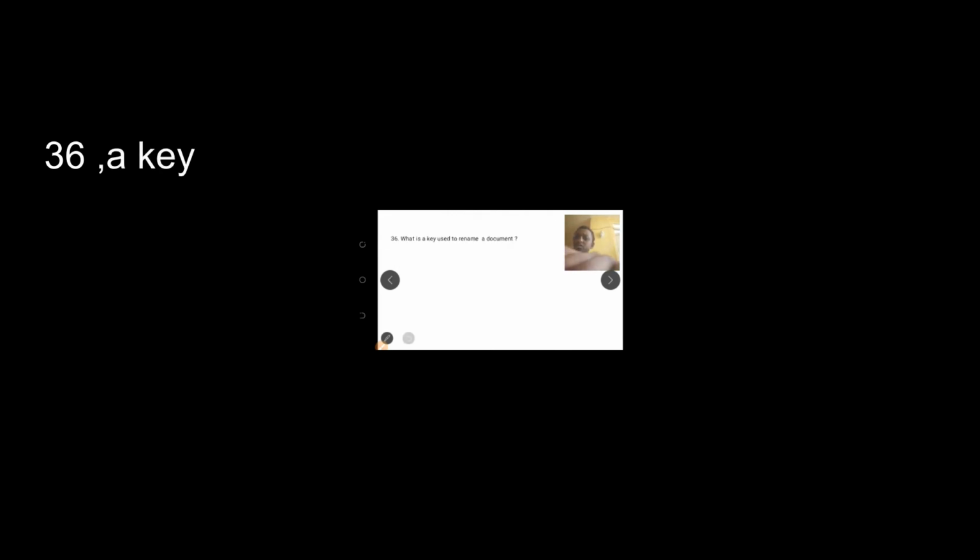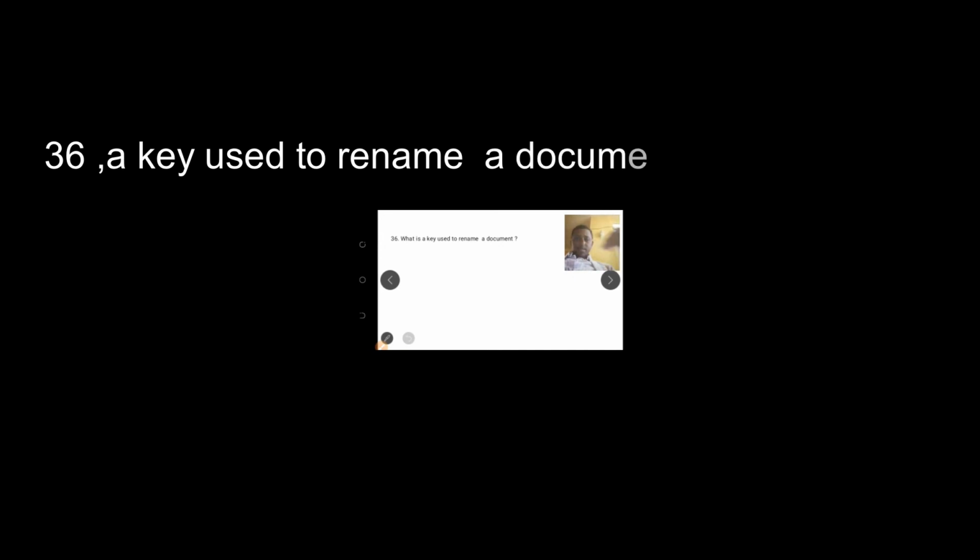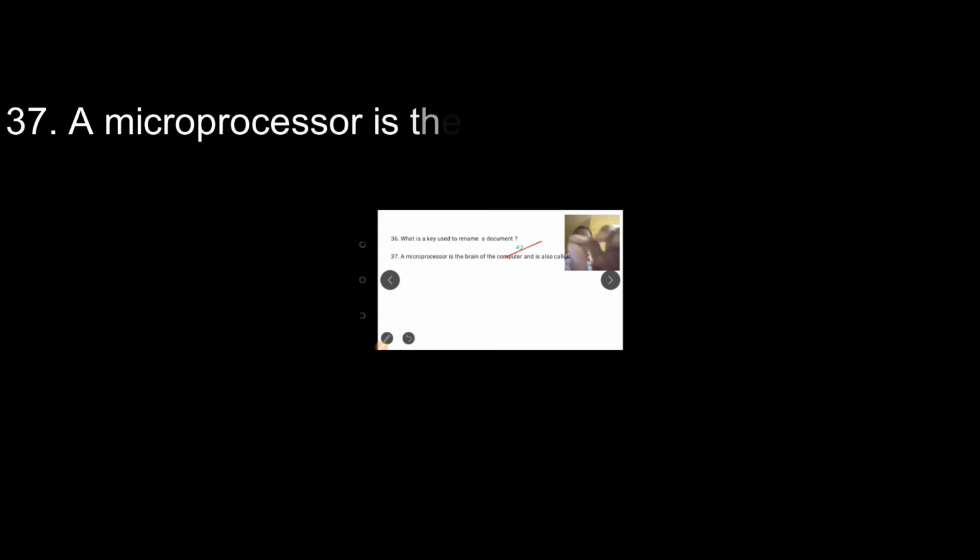what is a key used to rename a document? ዶክመንታችን ላይ እንትኑን አድርገን ያለበትን የከርሰር ዳይሬክሽን ወይም ከረንት አክሰስ እንትናችን የሆነ ፋይል ኔሙ ላይ ሆኖ ሪኔም ማድረግ ስንፈልግ ምን ኪን እንካ ነው ከኪቦርዳችን ኤፍ2ን ስንነካ ሪኔም ማድረግ የሚያስችል ኦፕሽን ያመጣልናል ማለት ነው። A microprocessor is the brain of the computer